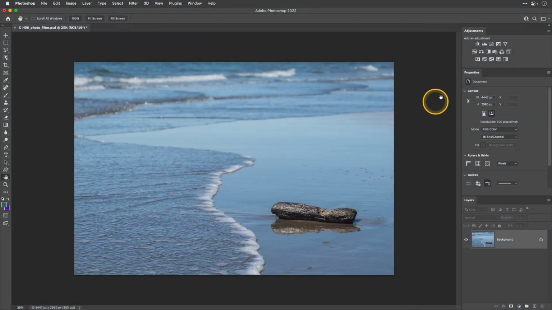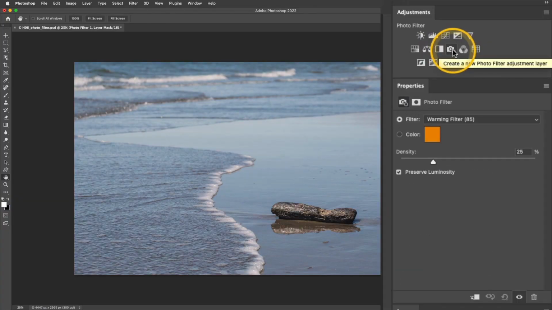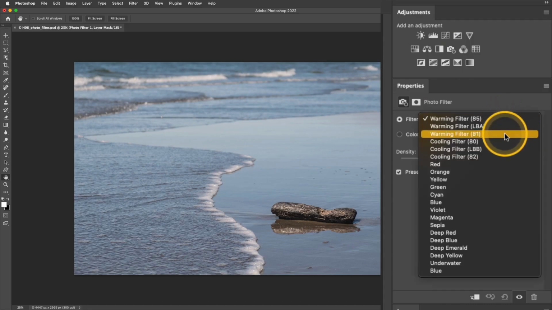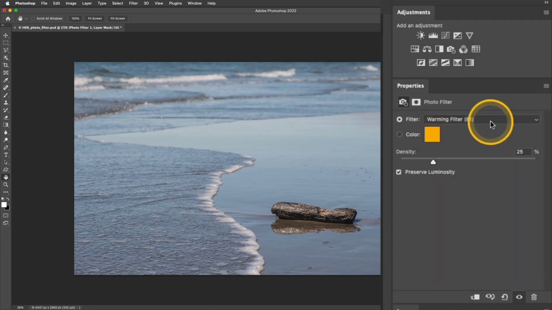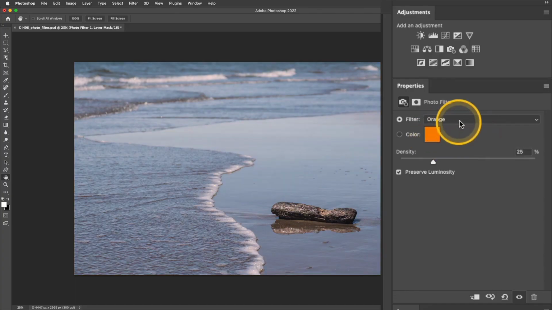I'll go ahead and start by adding that photo filter adjustment in the Adjustments Layers panel. The default setting is a warming filter, and you can see that here in this filter dropdown. If I click this, I can go through and try a bunch of different options, and basically what it's doing is just changing that color you see here in this color swatch and adding that color to the image. Here you'll see a density slider, and it's set at 25%, so it's just adding a touch of color,